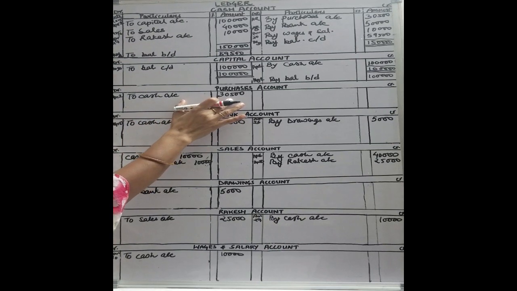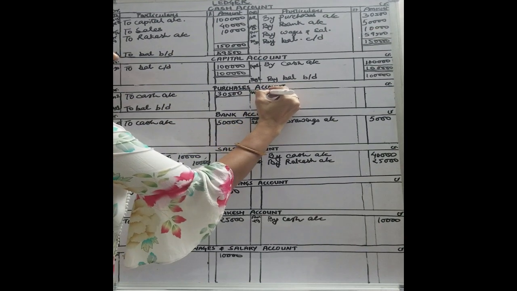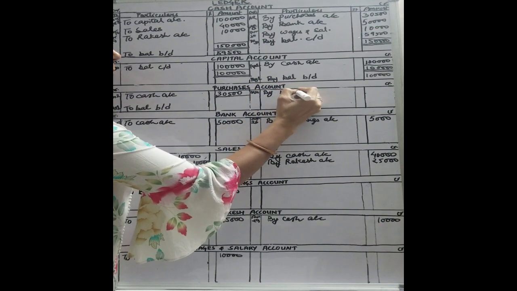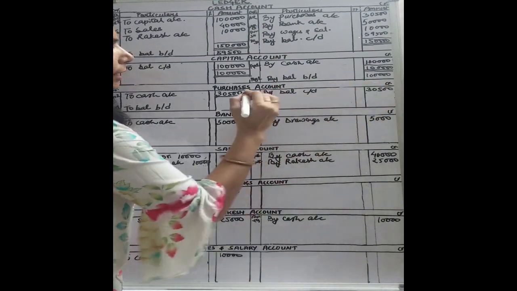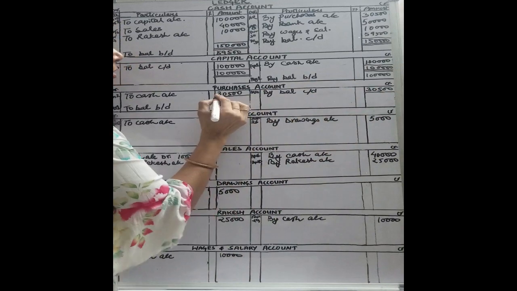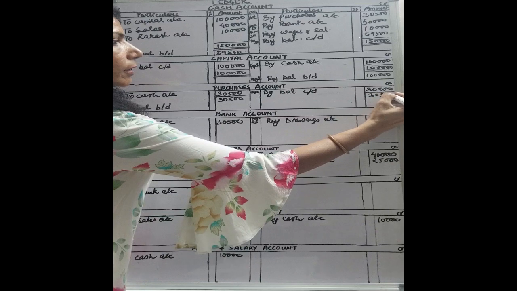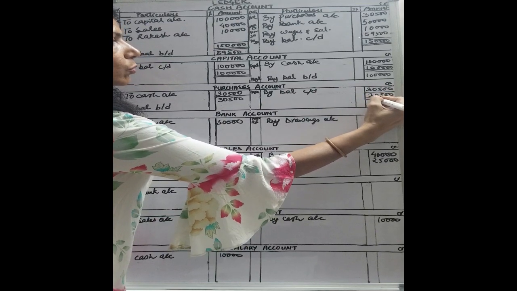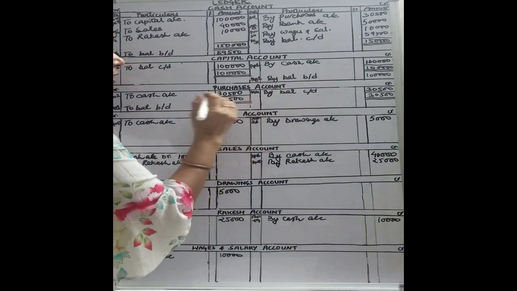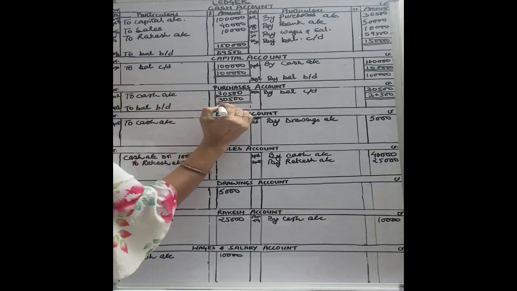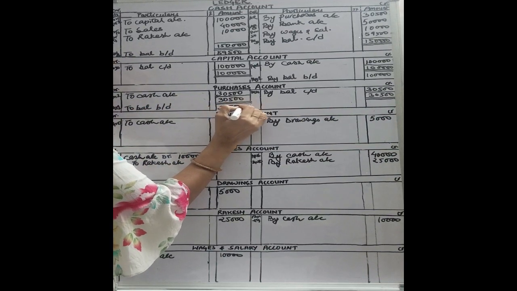Now let's balance the purchases account. Here the purchases account has 30,500 on the debit side. Now the balancing figure will be added like "by balance carried down" 30,500 on the credit side. Now total the amount, and then close the account by drawing two lines like this. Then transfer the amount, and this is the opening balance of the new period. So we'll write it like "to balance b/d" with 30,500.